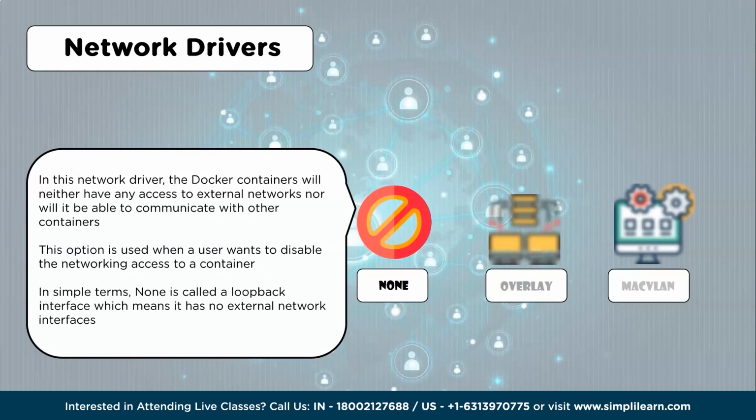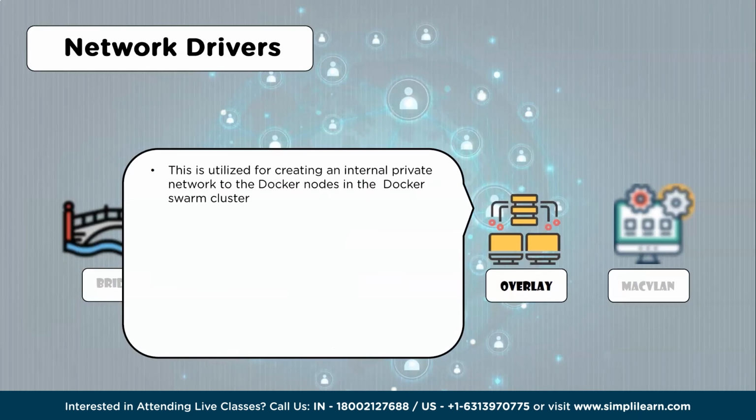So this is nothing but disabling the total networking functionality for a specific container. That's what is happening over here. Next one is the overlay. This one is utilized for creating an internal private network for the Docker nodes in the Docker Swarm